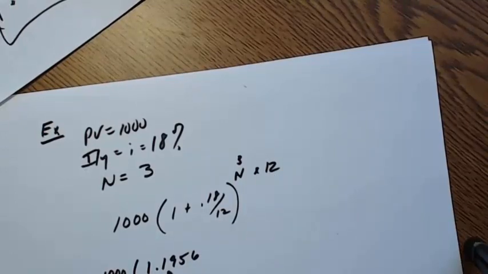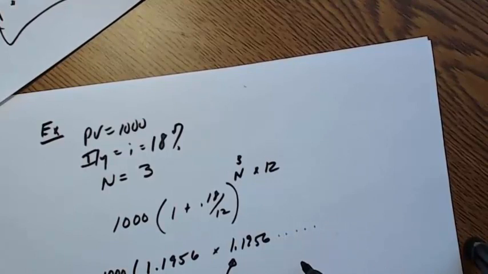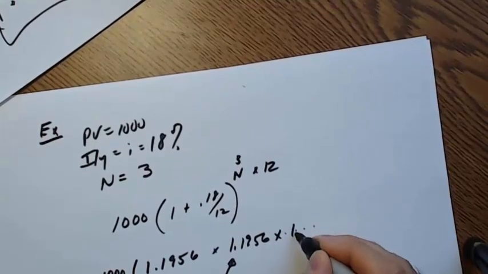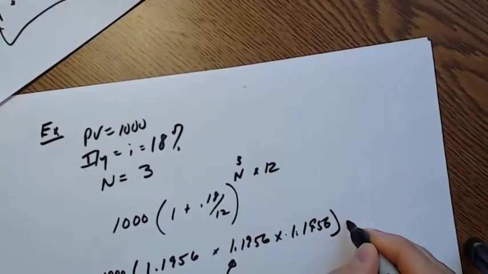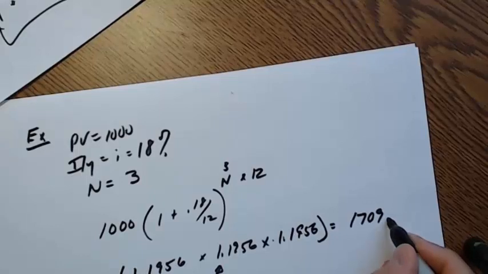1.1956. That would be compounding on a monthly basis. That would be the interest rate, right? Times 1.1956. That's the effective annual rate on a monthly basis. That's 1 plus 0.18 over 12, to the 12th power here, and you keep doing that for 3 years. I'll just do it out. When we're done, we have $1,709 and 9 cents,